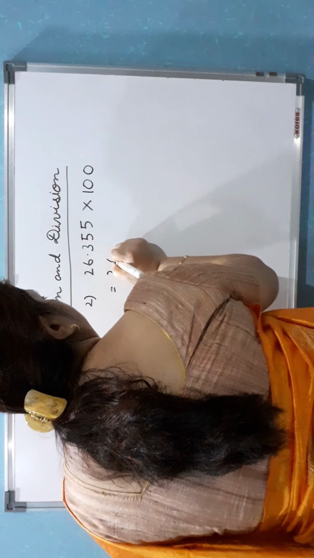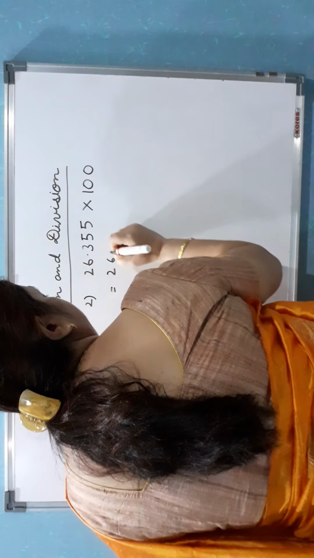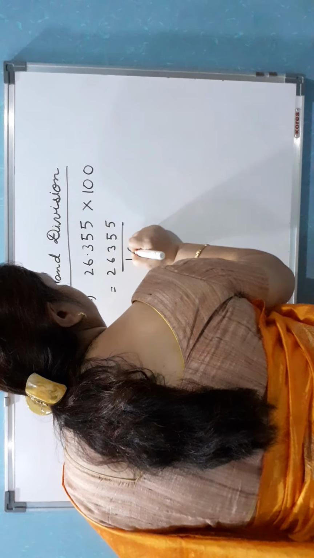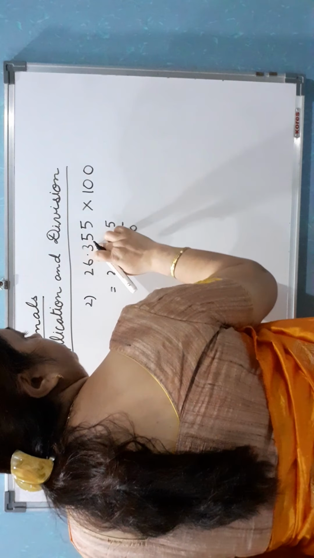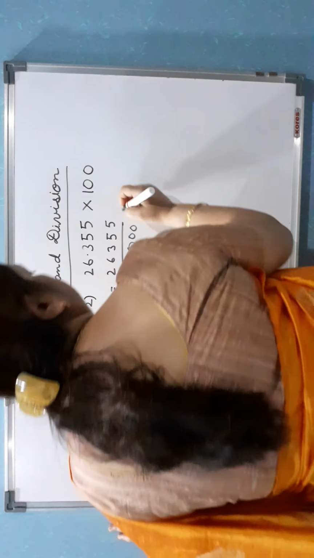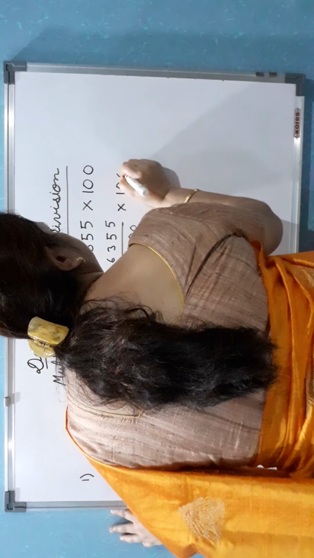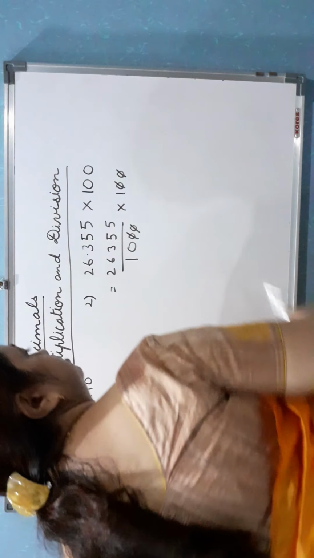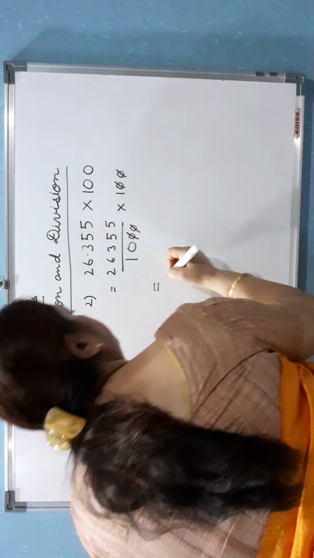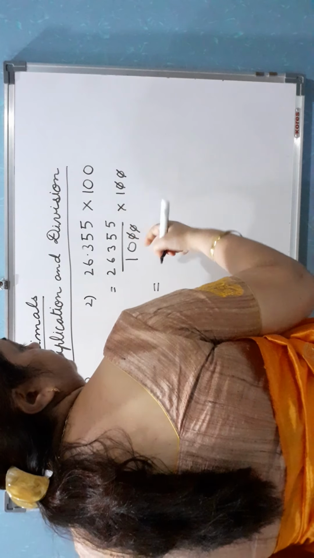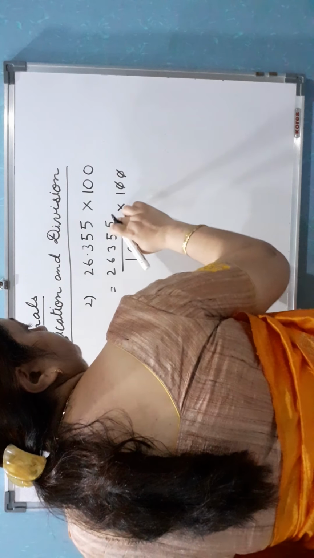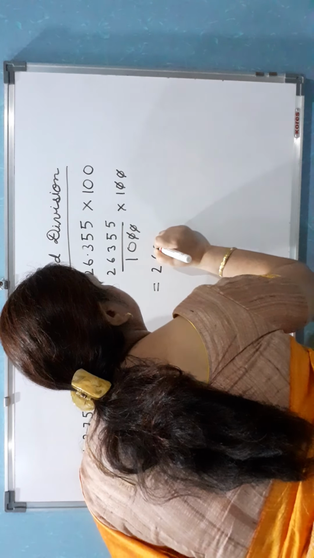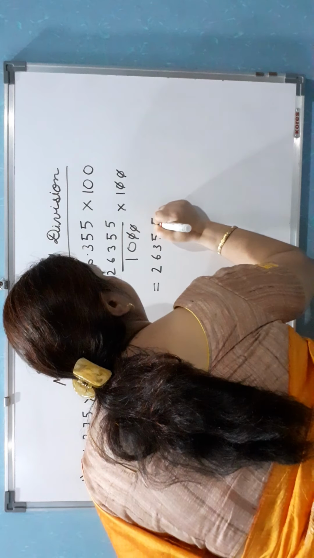Now look here, the second question. When you put here, you have to put here 1000 to cancel the decimal point. Decimal को बाहर निकालने के लिए 1000 put करना पड़ेगा. Point के बाद 3 नंबर है. So decimal will be out. Into 100. Cancel this 20 with this 20. Okay. Now what will be your answer? Here is only 10. So divide by 10. So point will be here: 2635.5.